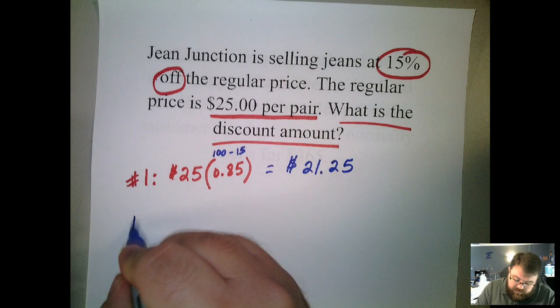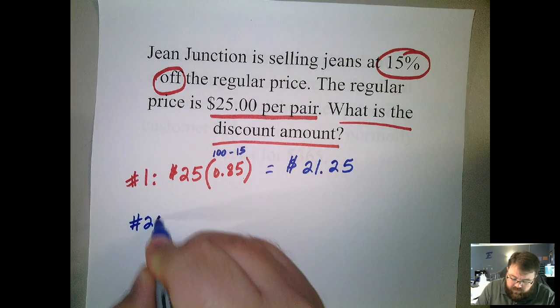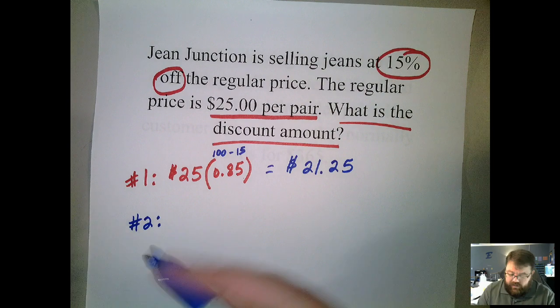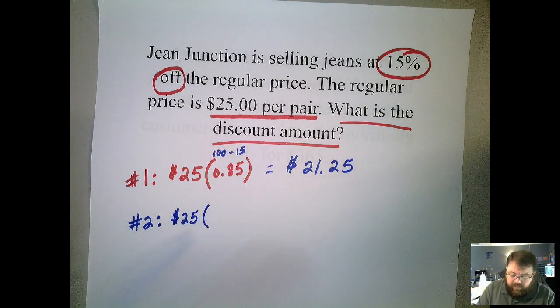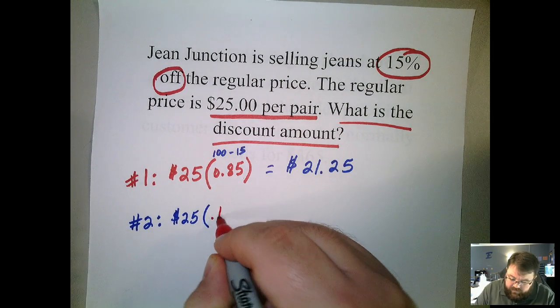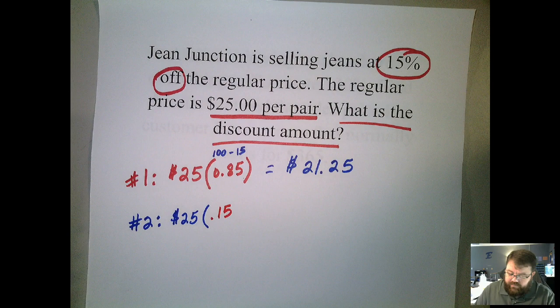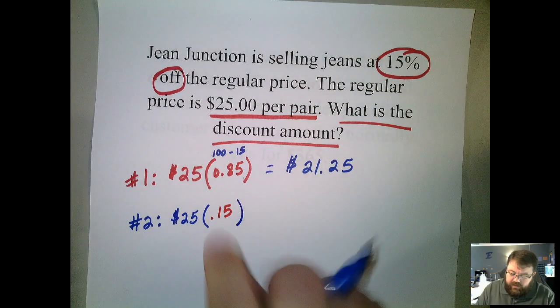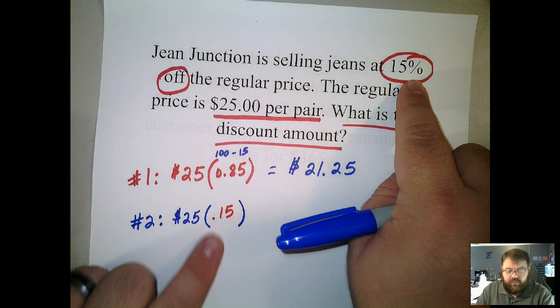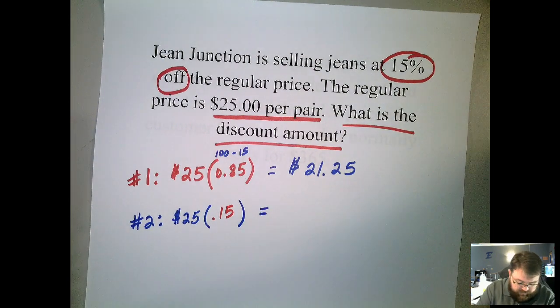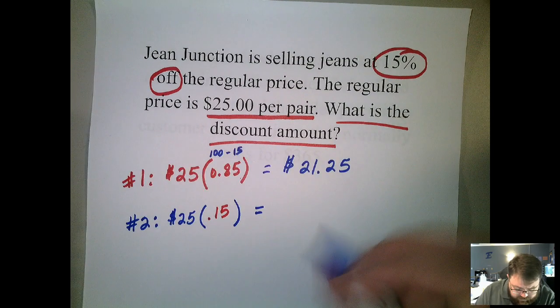Option number two is I take the $25, I multiply it by 15%. And again, this 15% came directly from my problem. And I say, well, 25 times 15%, or 0.15, gives me